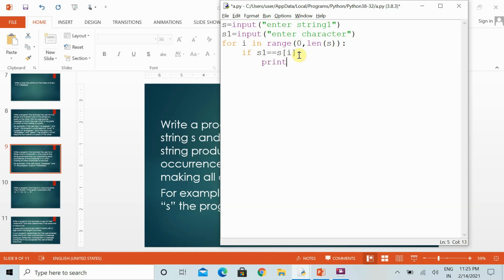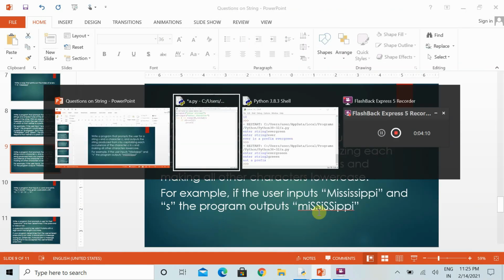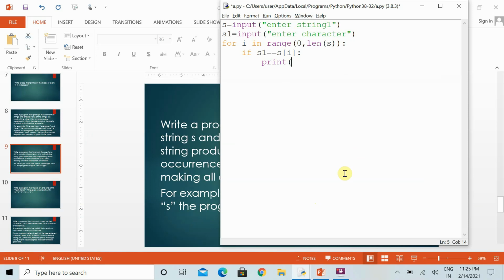Then we just have to make it capital, and the other characters we can make lowercase. Just specify the upper function and end, then it will show everything on the same line, and other letters we have to show in lowercase. Just use the lower function as it is.